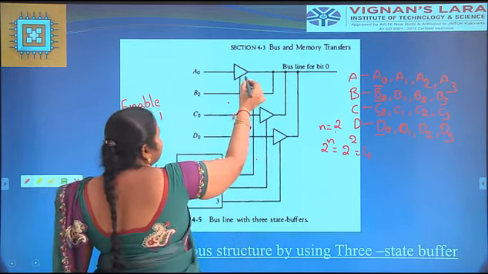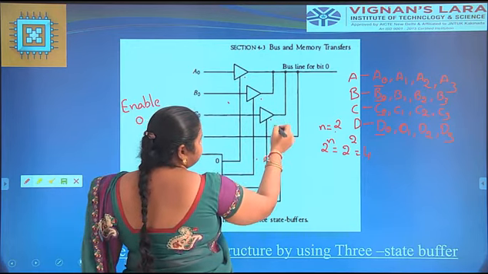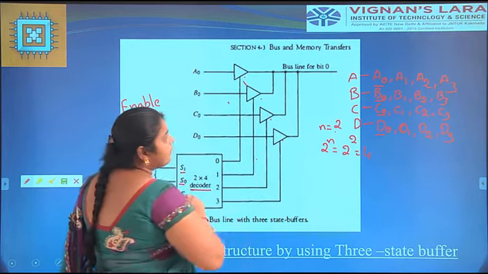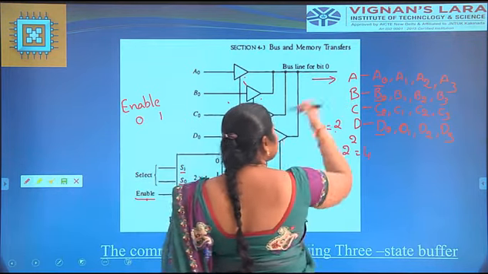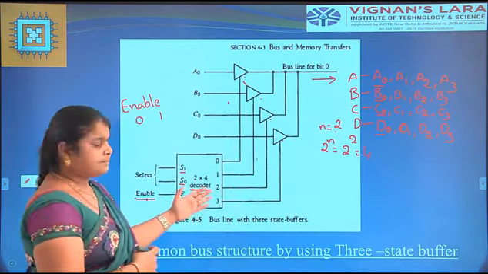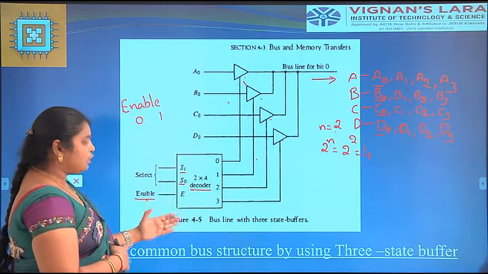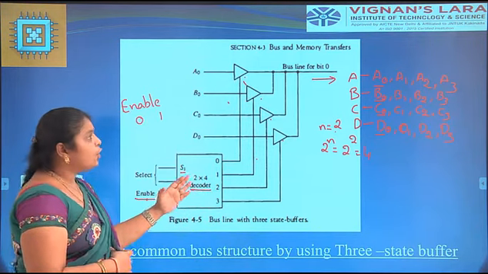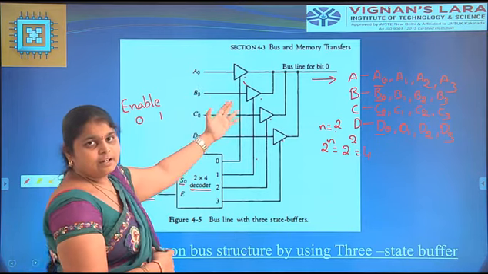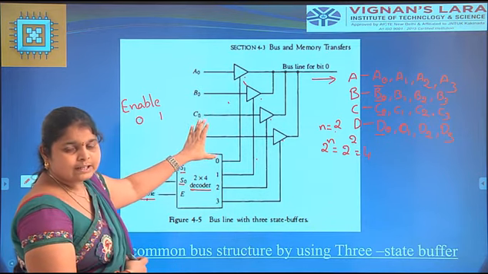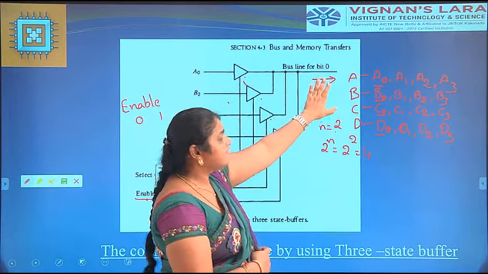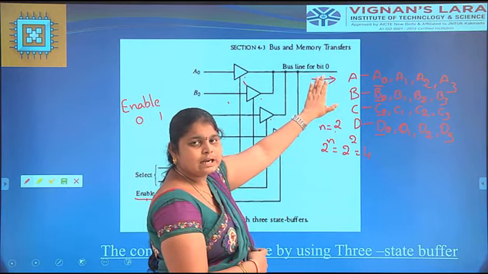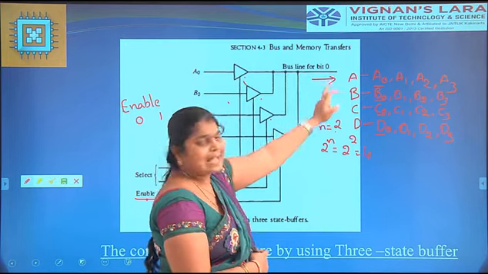These are the three-state buffers. These 4 symbols are three-state buffers. This is a common output for these 4 output lines. Whenever we take the input from the decoder to every register, the whole 4 registers can be combined and the resultant output will be here. This is the final bus. The resultant output will be passed through this line.